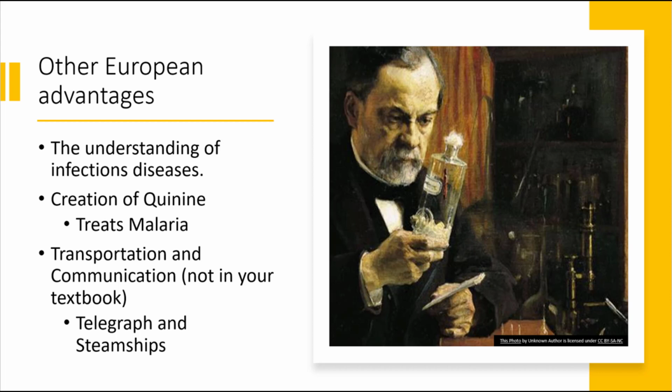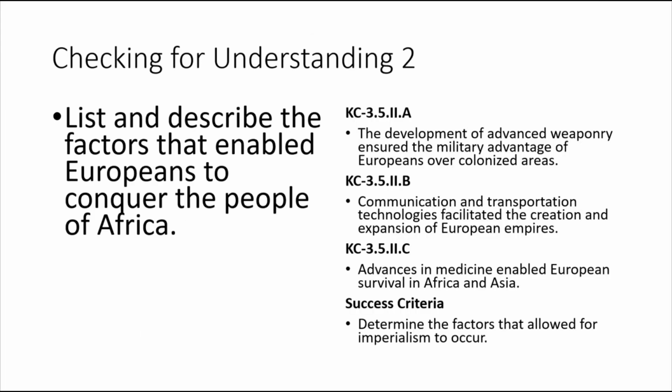Some other things that aren't in your textbook anywhere, but the College Board says that this is part of it, is to make sure that you understand that transportation and communication played a role too. So telegraph and steamships were one of the things that helped spread Europeans across Africa. I was wondering if maybe the development of railroad would play a part in that. Your textbook doesn't cover that, and as we talked about before, my concentration isn't necessarily European history, it's more American history pre-Civil War. So a lot of the things that I pick up is from your textbook or other things I come across trying to prepare, but I didn't come across it in this case.